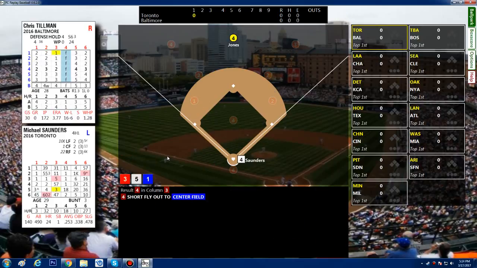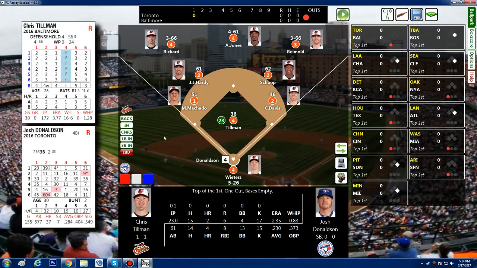That's going to be a 4. It's going to be a fly out to Jones in center field. We'll go ahead and end the play. All right, so we have Rickard in left, Jones in center, Reimold in right, Machado at short,